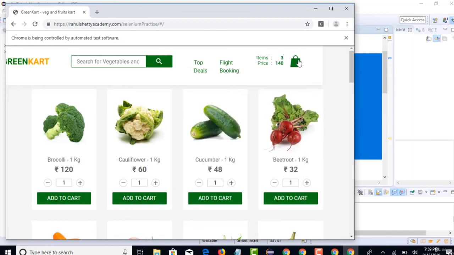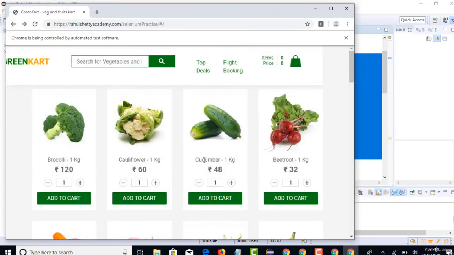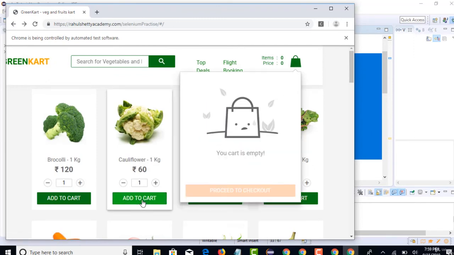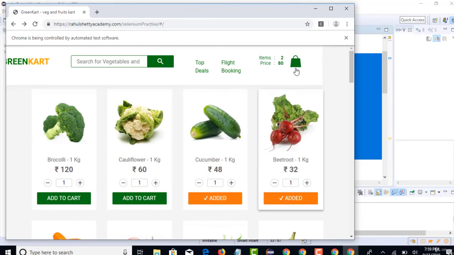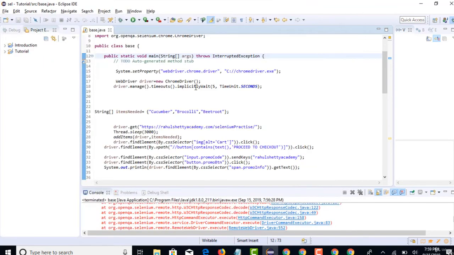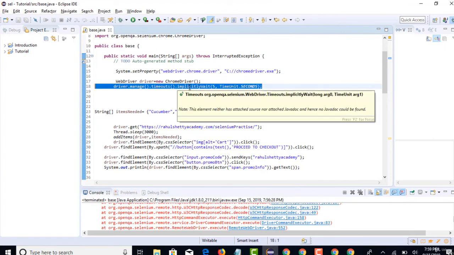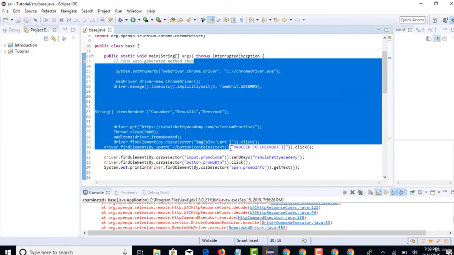Now, even if you click on this button, going to the next page is fine, everyone agrees, because the page should load; that's why implicit wait is taking care. But if there are a few other validations that you think should not take more than 2 seconds, and it's really taking 5 seconds, you will not be able to catch that error because of this implicit wait. Your test will not fail until 5 seconds, right? In this way, if there are any performance issues in your web application, you may not notice them.